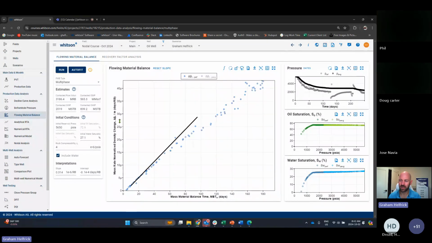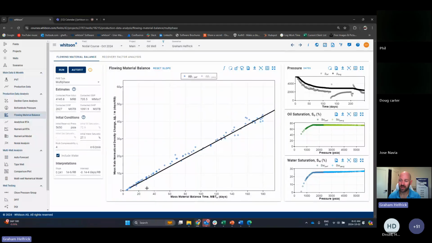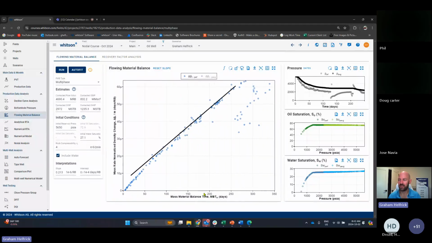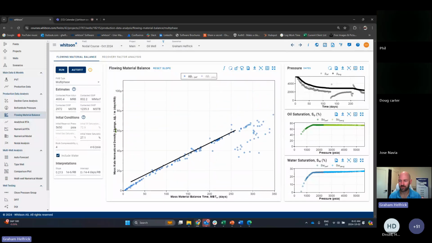But with more and more time, we see farther out into the reservoir, and that causes the slope to go down. And so indeed, the volume we're seeing here is the minimum volume so far, based on how long the well's been producing, and therefore this reservoir pressure is really a minimum reservoir pressure